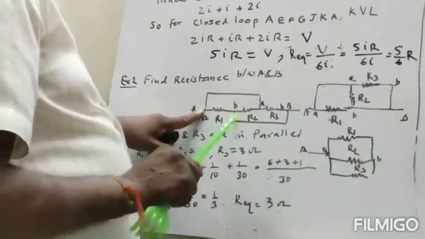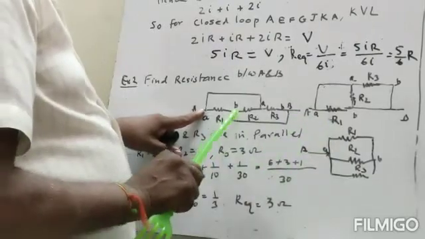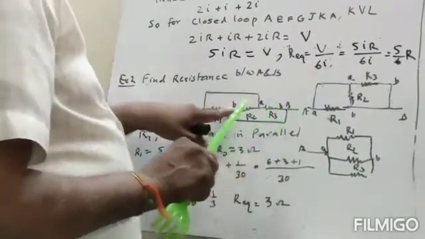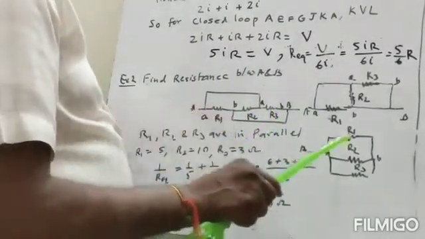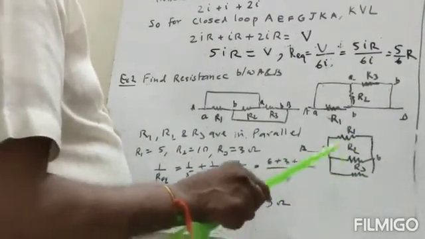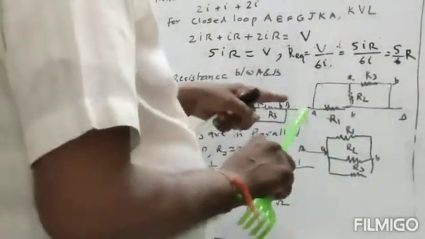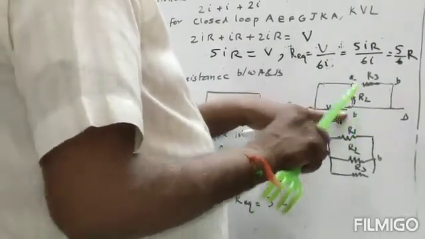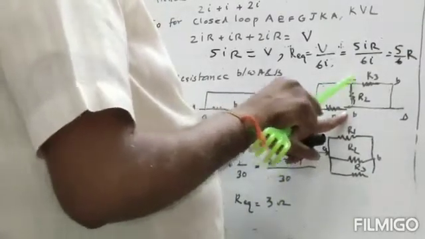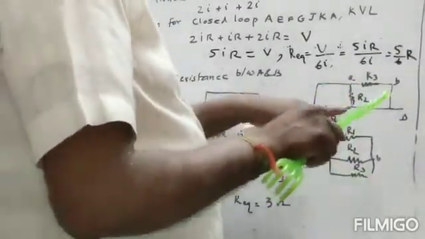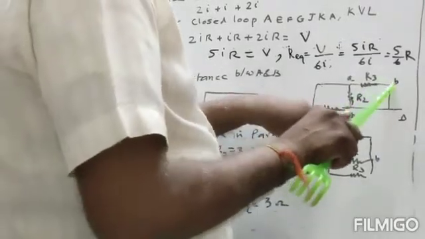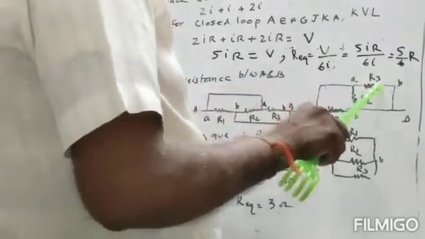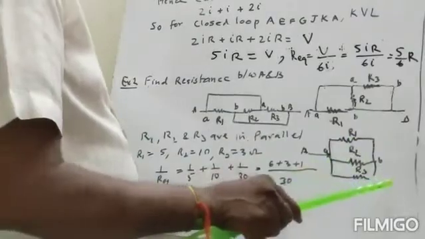So we take this point A and this point B. Then the resistance between A and B is R1. Then B and C is again R2, and C and D, this point is B and D, that will be also R3. So R1, R2, R3 are in parallel. If we consider here also, this point is A and this point is B. A and B resistance is R1. Then B and A, this is connected here, so B and this is also A. So B and A is R2. Here it is connected here, B is connected here. So B and A is R3. So R1, R2, R3 are in parallel.